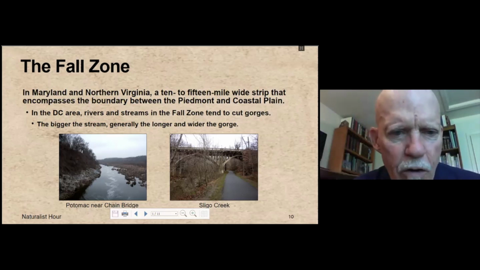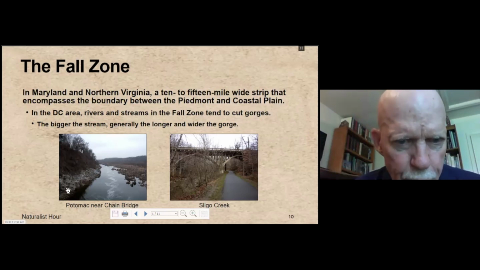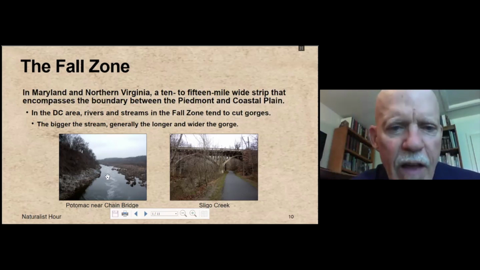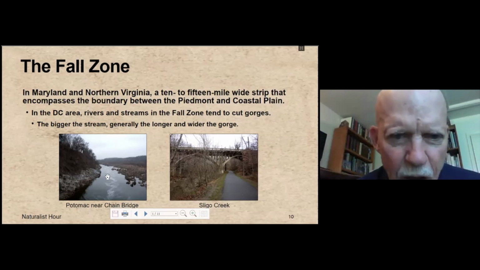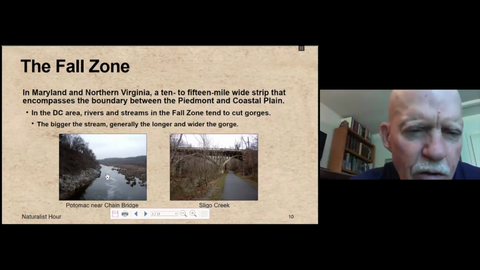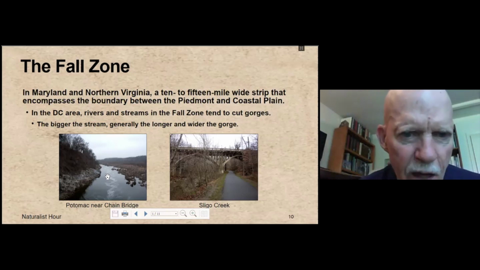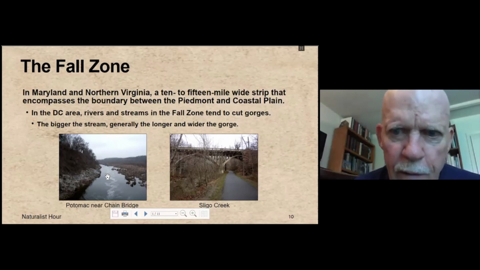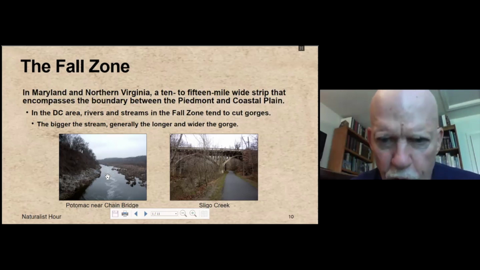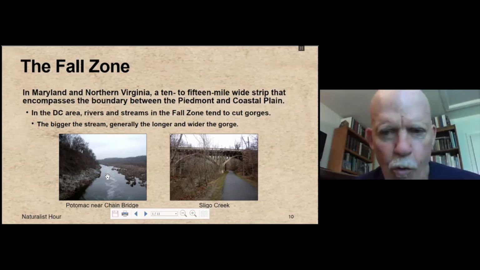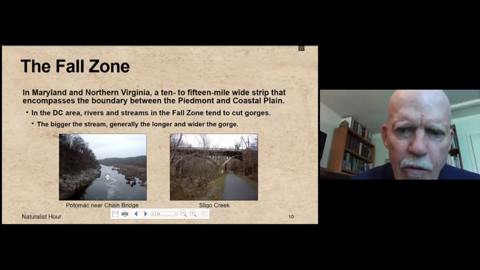So I have a picture of the Potomac looking upstream from Chain Bridge. It's a rocky gorge that the Potomac has cut as it comes down from several 300 or 400 feet in elevation, much farther to the west, to almost zero elevation at about Georgetown. And it's a quite wide gorge, as you can see from the picture. Sligo Creek is an example from the Maryland suburbs of a smaller stream that has dug a similar gorge. If you go upstream from where this picture was taken,